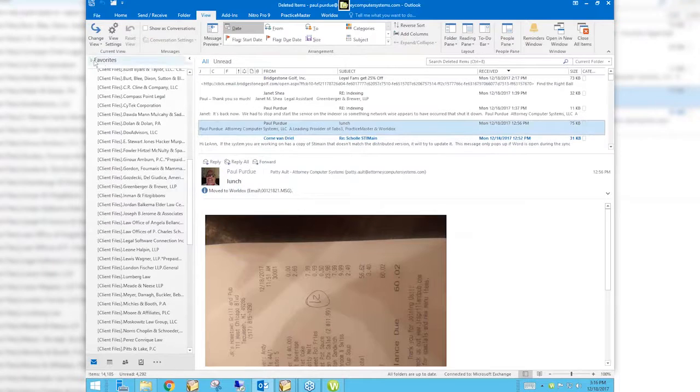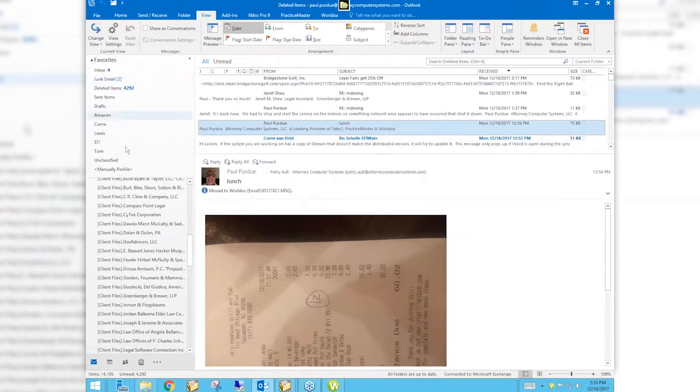I also have some set up. If we look at my favorites, I have some set up. I have one for STI, the people that make tabs in Practice Master. Some guy named Tom. I have one for unclassified, Cornet, who's our lead developer, Amazon, which is where I buy everything now. And so I can drag something over here and drop it, and it will go into that predefined